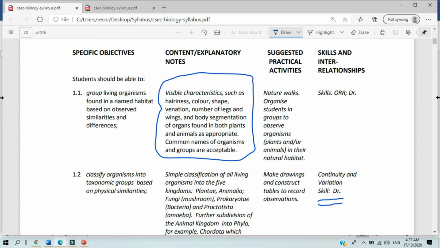So we're looking at the labs. Remember that you can download the syllabus at any time. It's pretty much on the internet. So we're looking at section A of the syllabus, and we're talking about grouping living organisms, and there we have a lab. You could have this as your first lab activity if you are in grade 9 or if you are in grade 10, where all the kids will be required to do is to take a nature walk, and you're pretty much going to organize your students into groups, and they're going to be observing plants and or animals